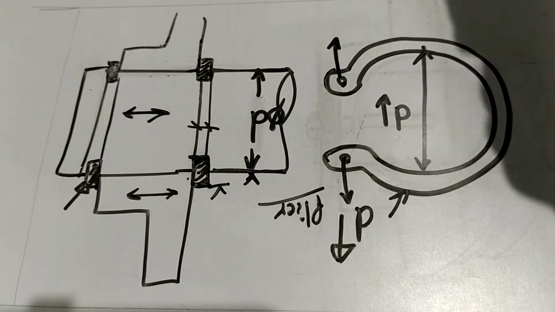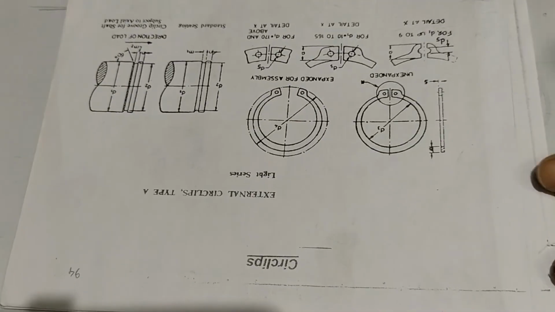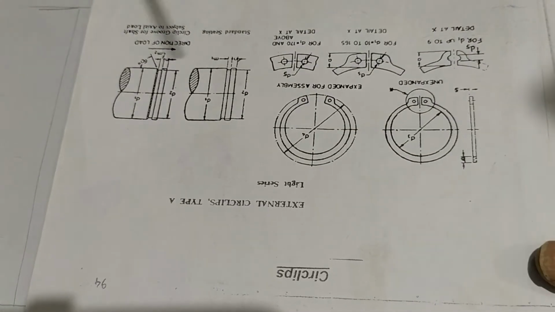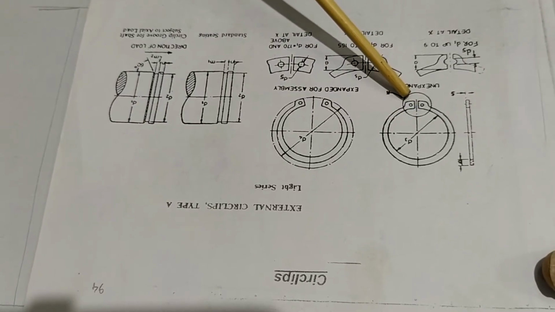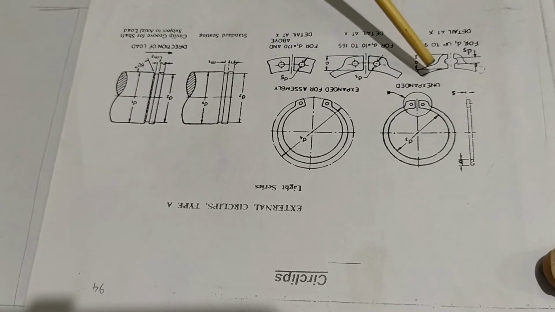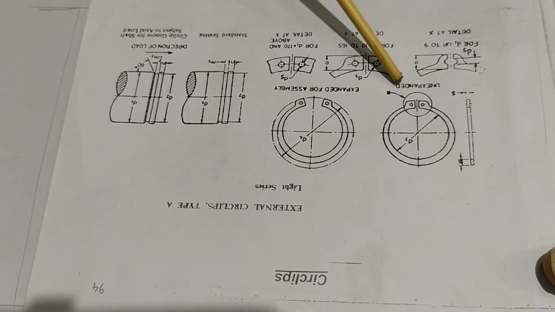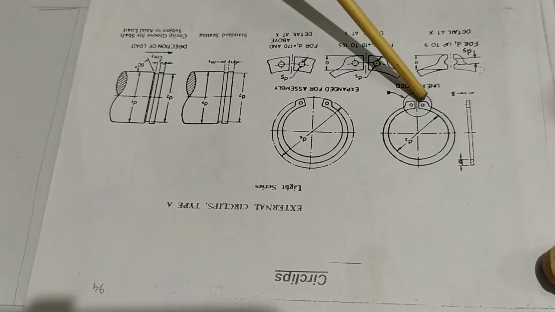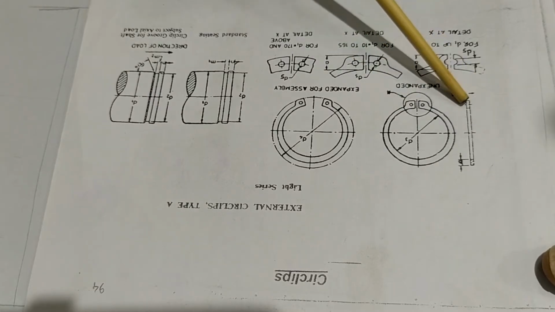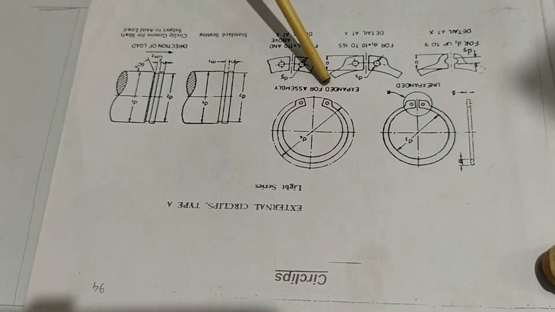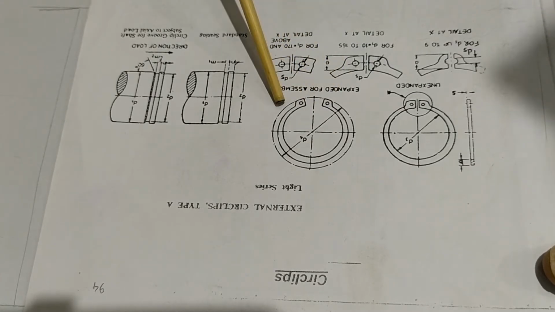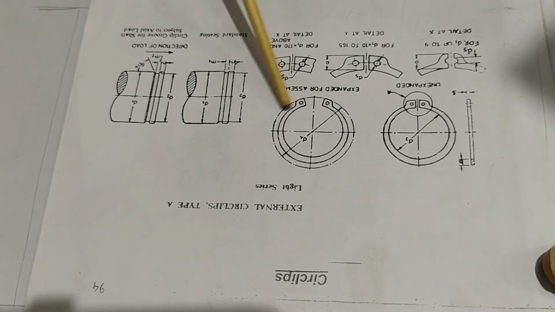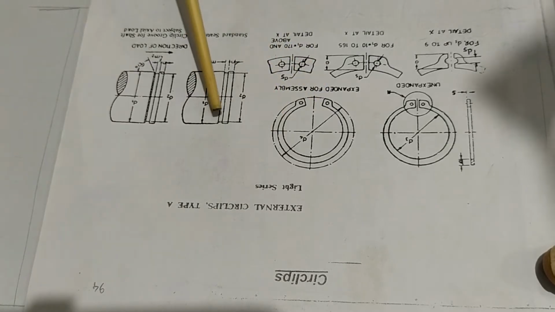Now having seen all this, let's see how it is done. As you see here, this is the circlip that is shown, which is what we have just now discussed. This is the unexpanded circlip, unexpanded means before it is assembled. You can see certain dimensions are shown here. There is an extension here with a hole. This is the thickness of the circlip, and this is expanded for assembly. As I said earlier, these two ends are going away from each other with the help of a plier, so that it is expanded, and once you expand it, you can pass it on to the groove.